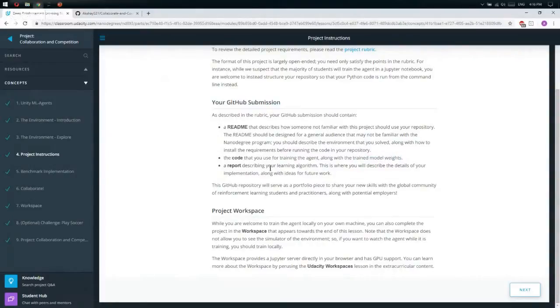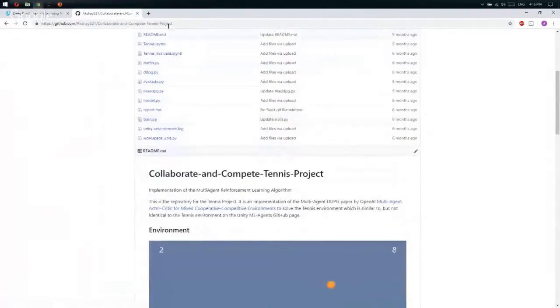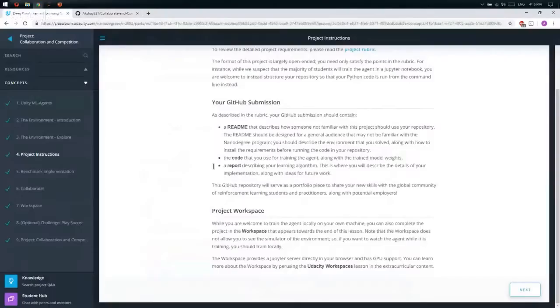And there should be a report file. It could be report.markdown or report.pdf, and you have to describe your algorithm, how the process works and everything, so you can check here. So yeah,